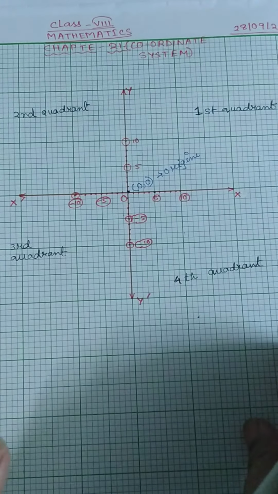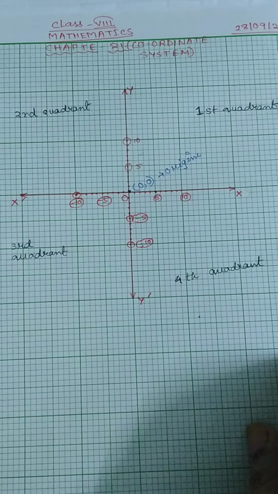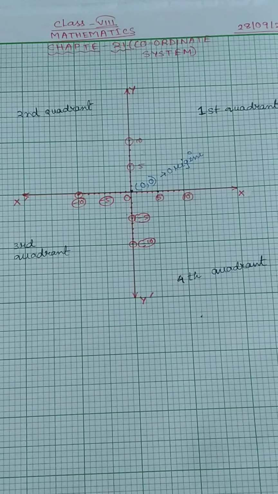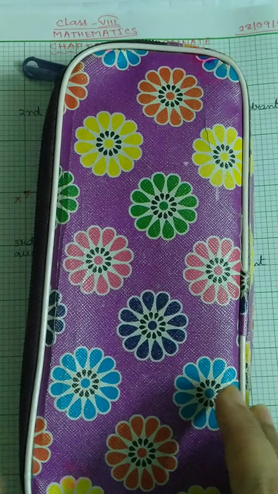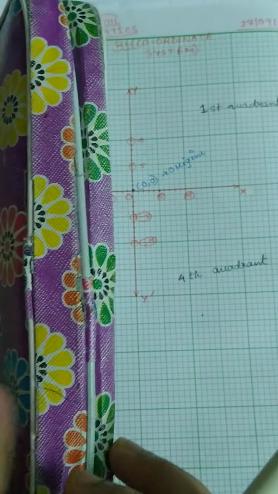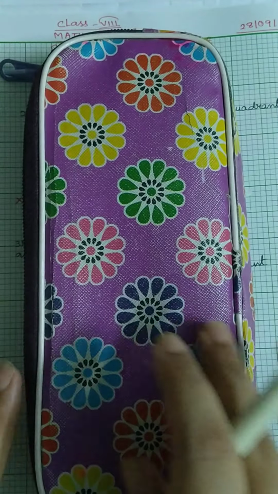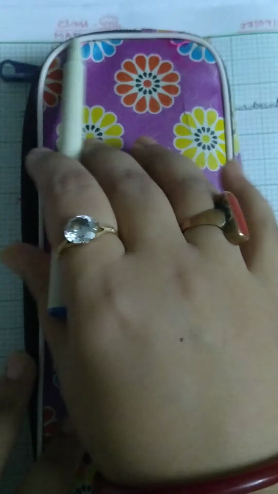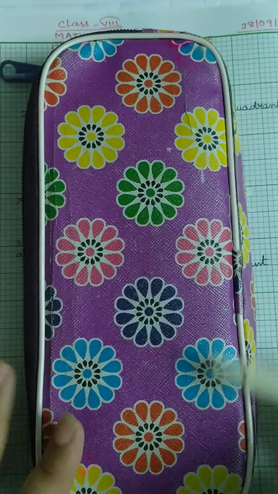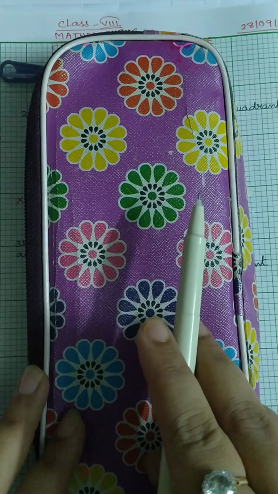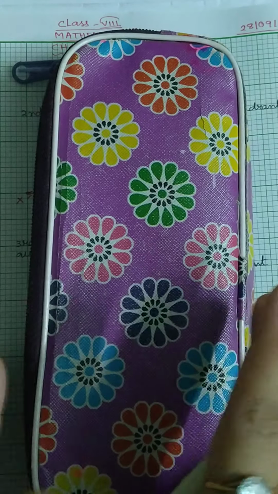Okay, now what is xy? As you can see, this is a pen bag. If this is a page only, a page does not have any height. This axis, the length, is known as the x-axis, and the breadth here is known as the y-axis. This is a two-dimensional object.